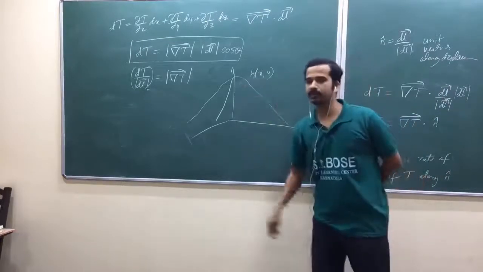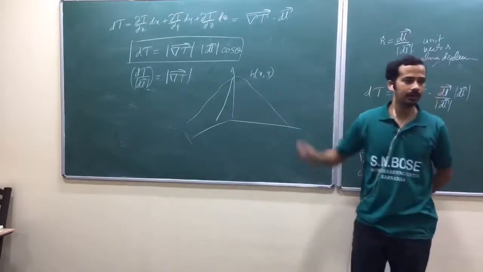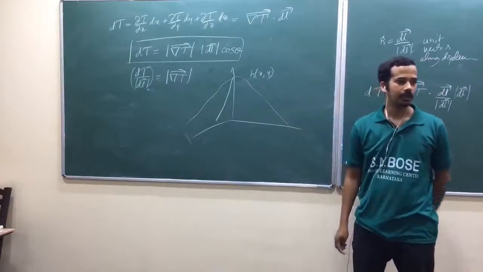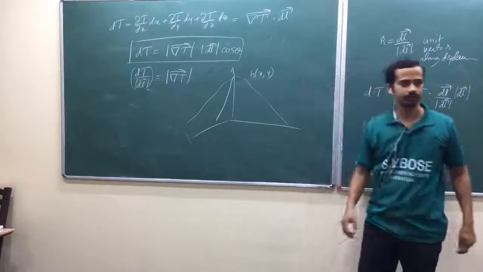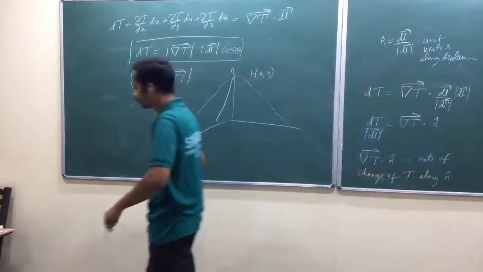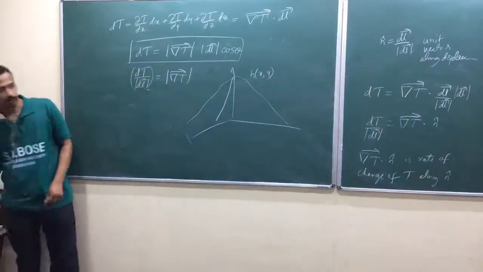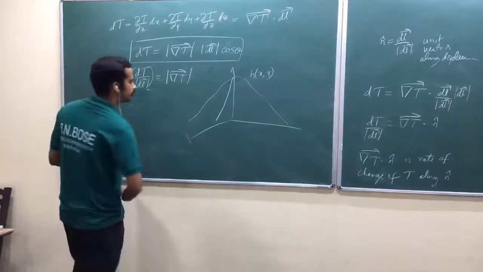So that direction is nothing but the gradient of that height function, and the magnitude of the gradient is nothing but the slope along this direction. Is that okay? That is one interpretation. The other one is you had better take.